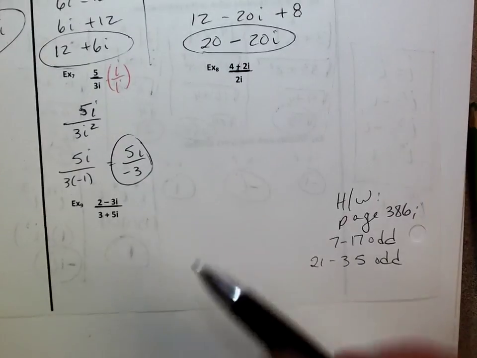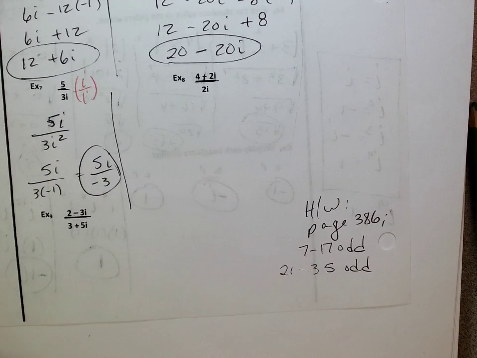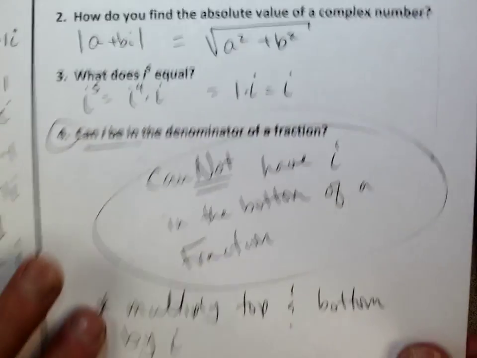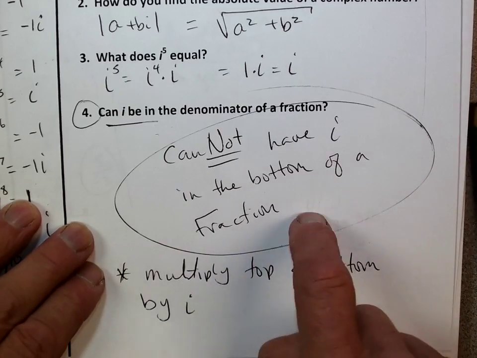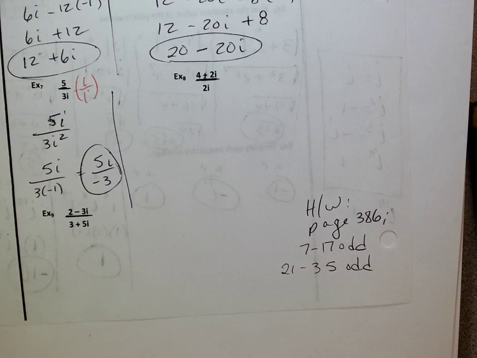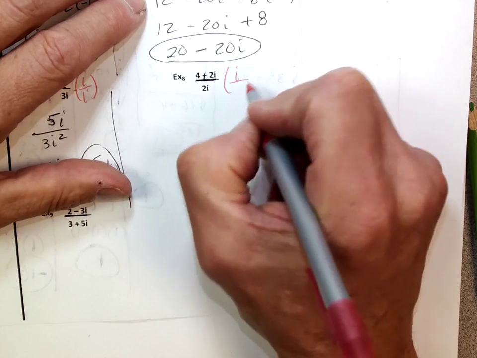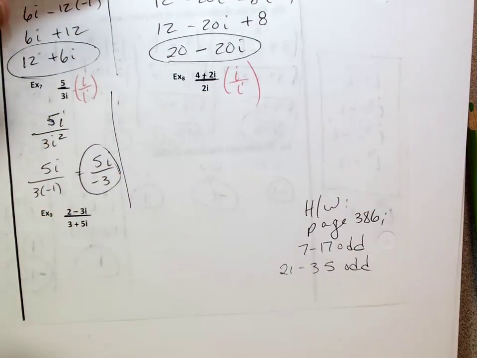Okay, example 8 is the same thing, just a little bit bigger, that's all. So again, we cannot have i in the bottom of the fraction. Can't. How do we fix it? Multiply top and bottom by i, okay? So let's multiply top and bottom by i. So I'm going to multiply it by i over i. How does that help me? Well,